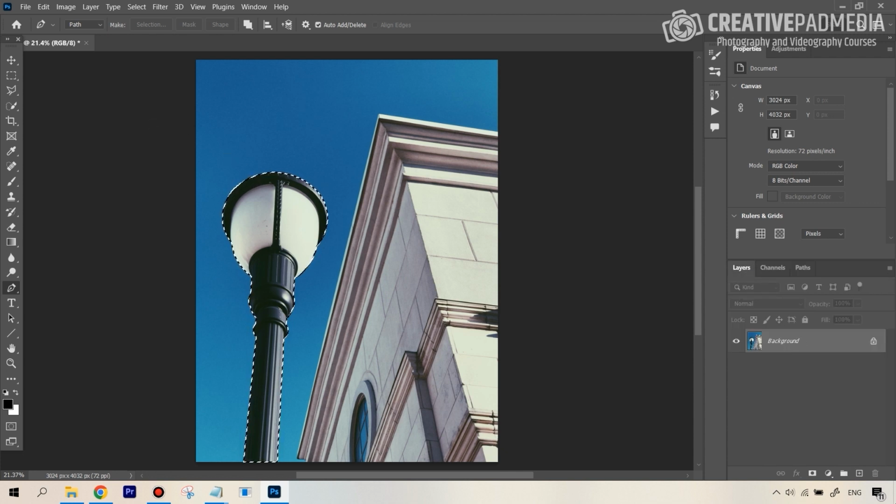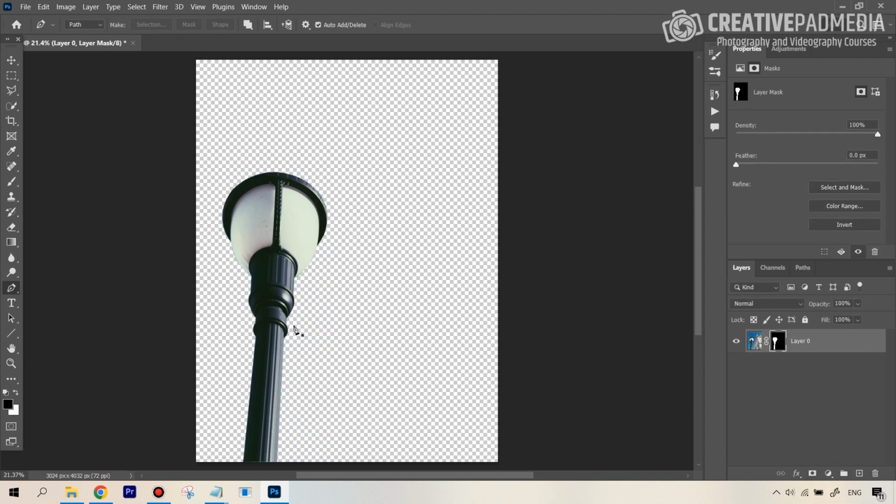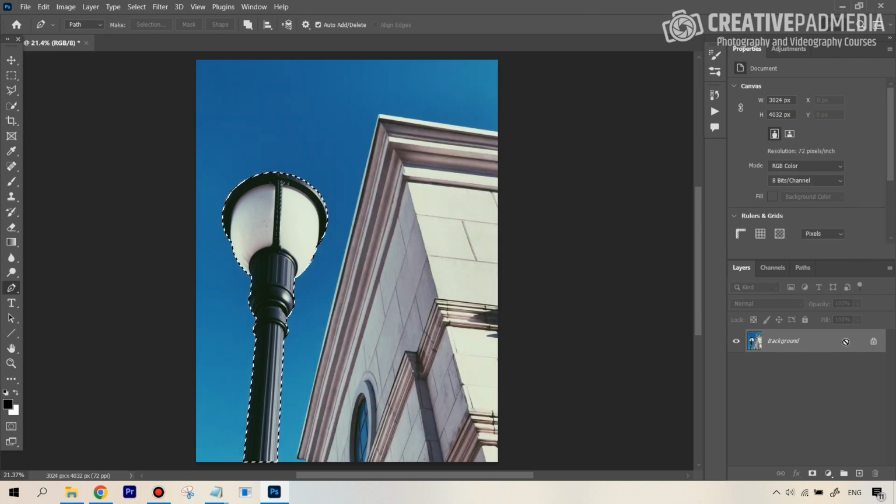Okay, so now that we have the selection, let's say we want to remove the background, we can just open up a layer mask and that's going to remove it. So this is kind of the basis of how this tool works. Now, first of all, why is it not the most important thing nowadays? If I just get rid of this selection, using the marching ants, pressing Ctrl D, Command D,